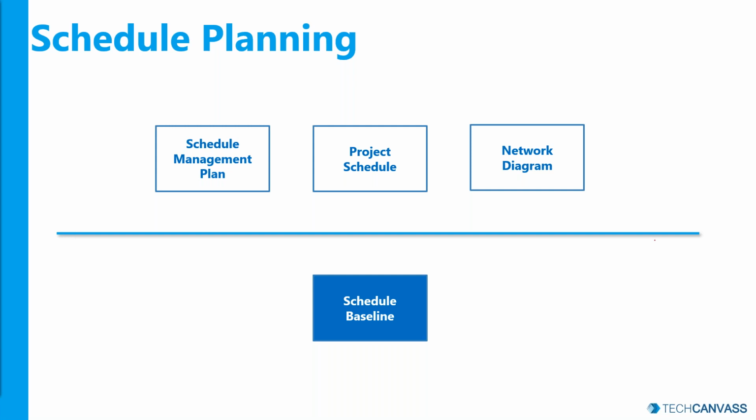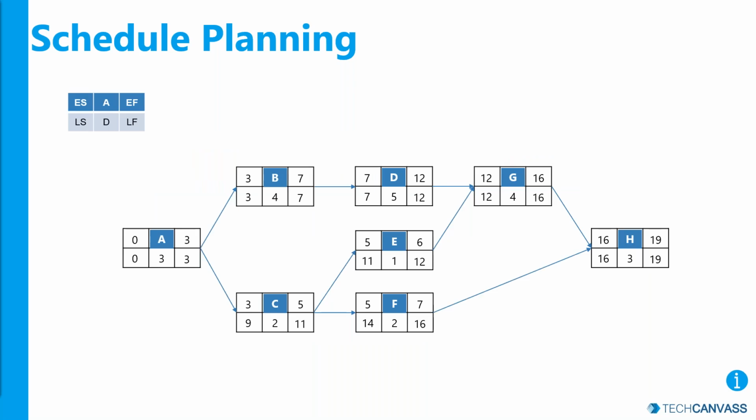So as you commit to a baseline for cost, we can also commit on schedule and then work in reverse from that schedule. Now here is an example of a typical PMP syllabus network diagram, where you can draw a sequence of activities based on dependencies. Let's say your project starts here on the leftmost side and the project ends here. And as you look at the dependencies, these are various activities in your project: A, B, C, D, E, F, G, H. For ease of understanding, we have put these names.